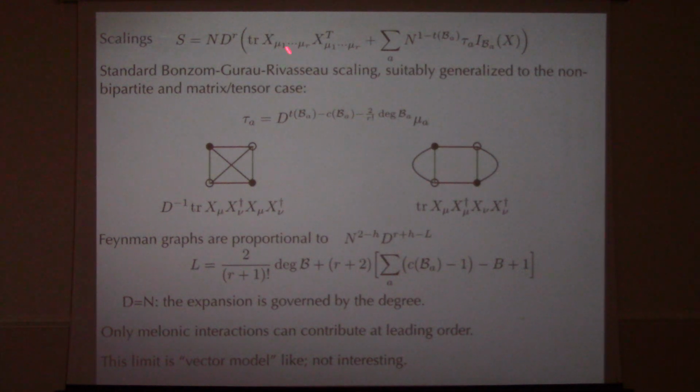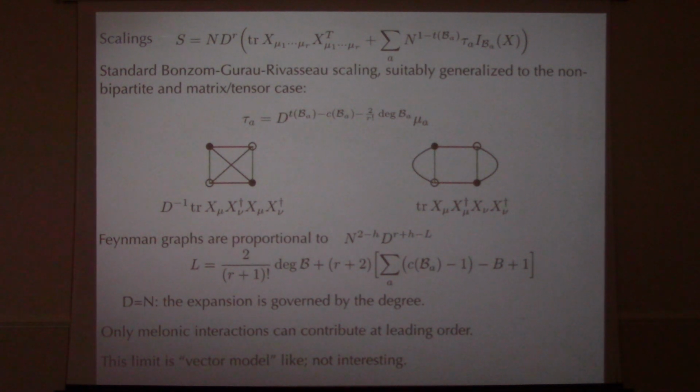So N is, I choose from the beginning two indices, if you like, in my tensor, and I decide to call them the matrix indices. And then I have little r other indices. Total number of indices is just little r plus 2. Okay, that's one way to depict the action. And then, as is well known, when you want to consider large N, large D limits, the fundamental ingredient